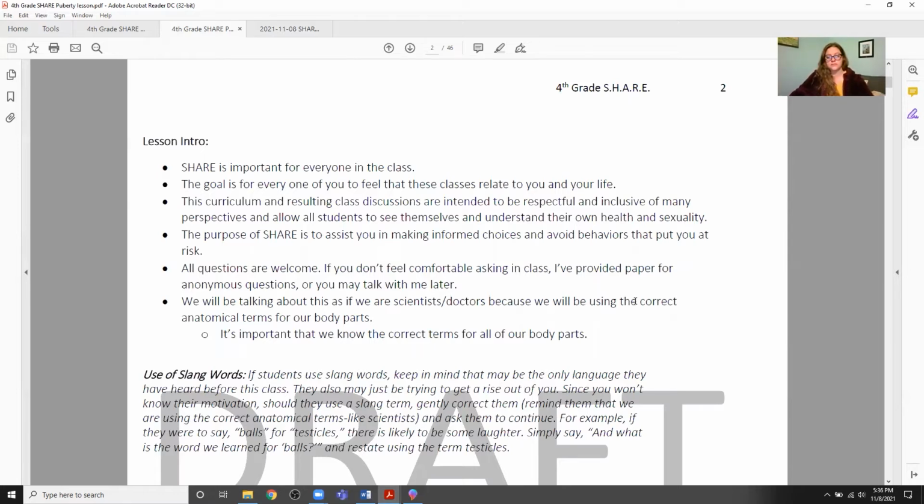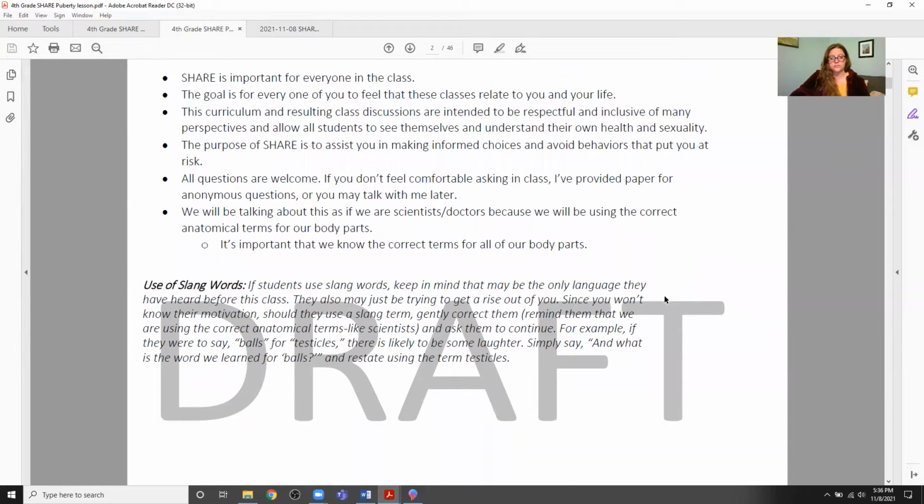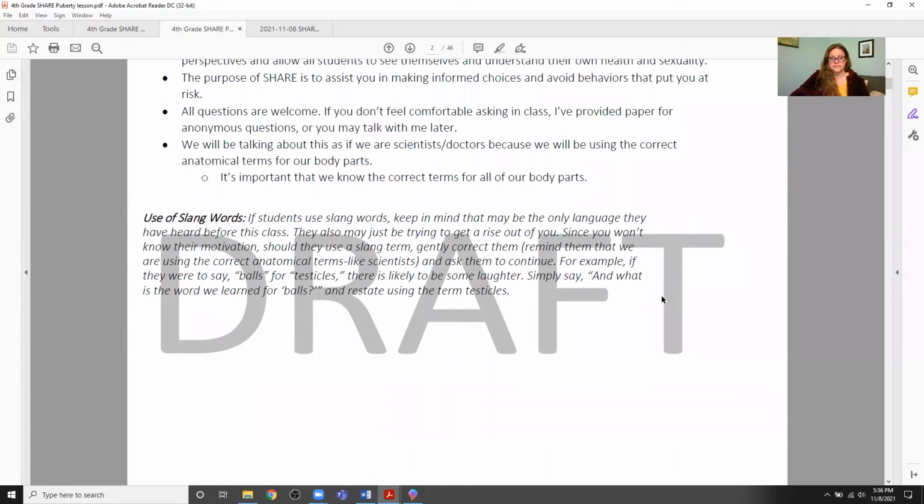We'll be talking about this as if we are scientists, doctors, because we'll be using the correct anatomical terms for our body parts. It's important that we know the correct terms for all of our body parts. The piece about slang words. If students use slang words, keep in mind that, again, this is for a little bit of teacher background knowledge, because I do have this question quite a bit from our counselors and teachers about what to do. So keep in mind that